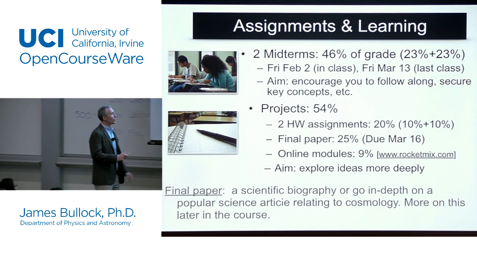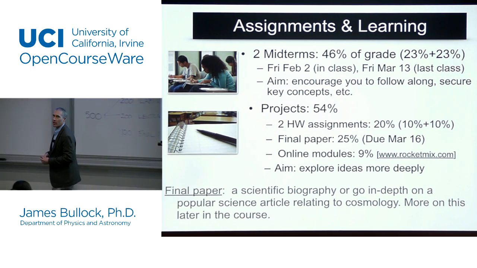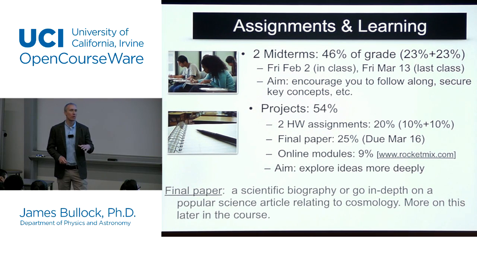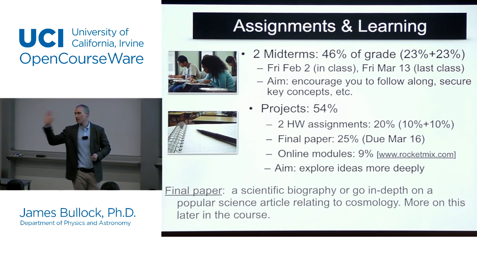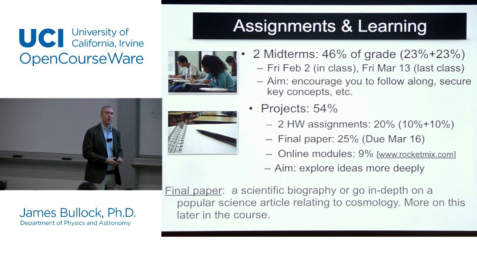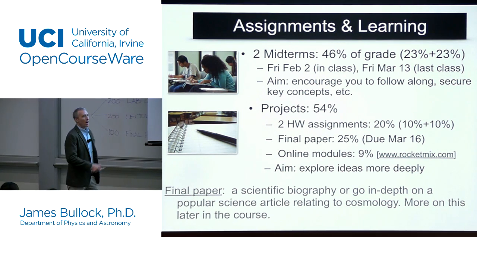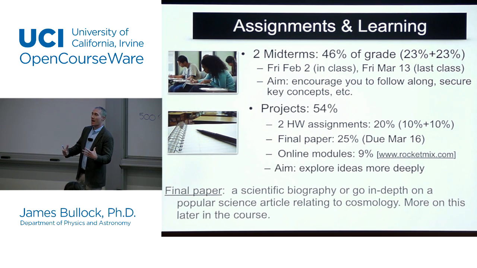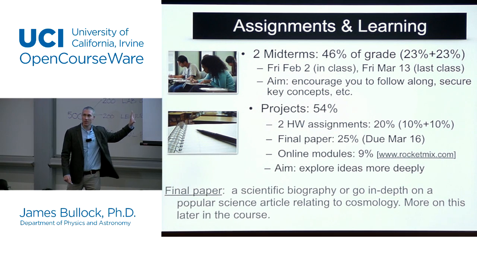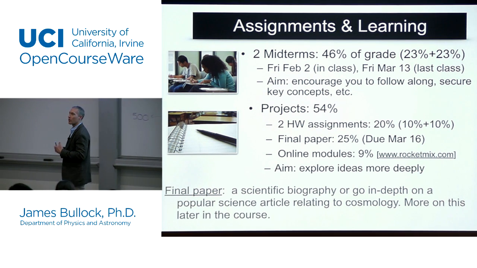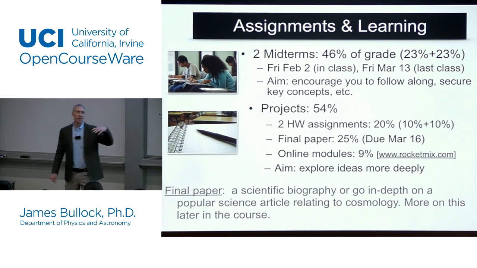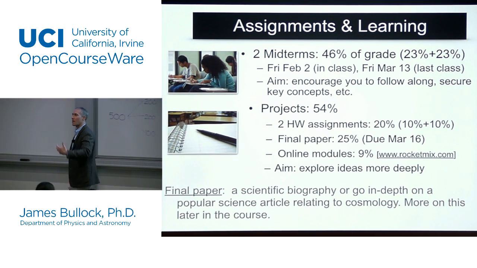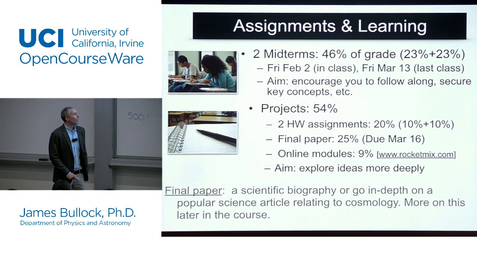Or if you prefer, you can do what I'm going to call a scientific biography on a key figure. And I'll be talking about a lot of key figures in the history of cosmology in this course. And you can pick one of those figures or pick somebody else who you're interested in and do a paper on that. And the context of this is, I just want you to find something that you think is interesting, and then spend time on it. So it's a pretty open-ended assignment. And really what I want to do is give you an excuse and a reason to spend time on something you think is cool and interesting and dig into it and write a paper on it.